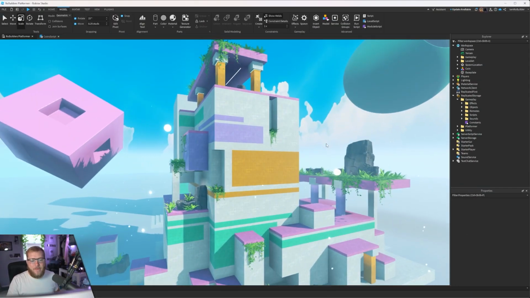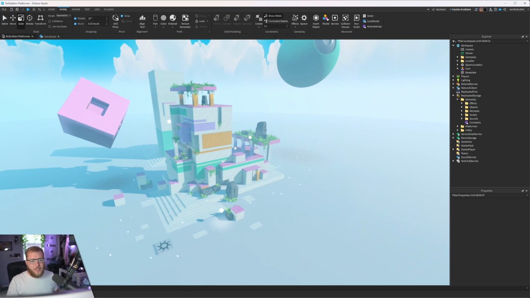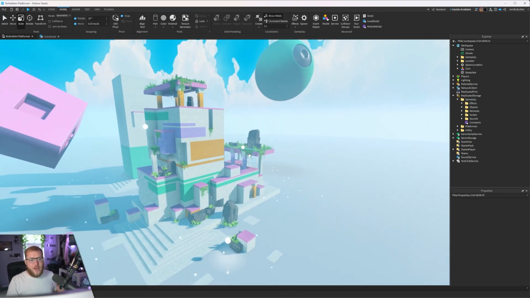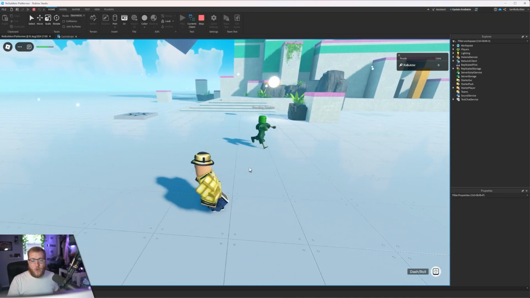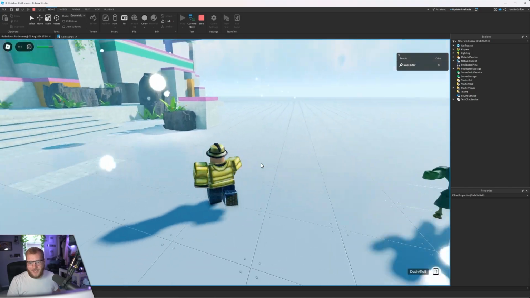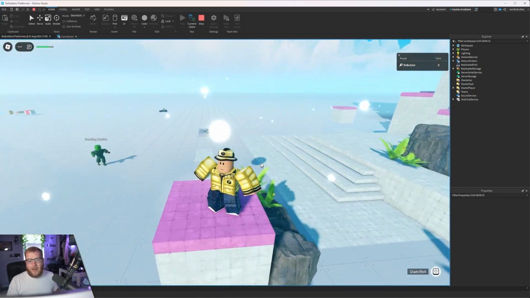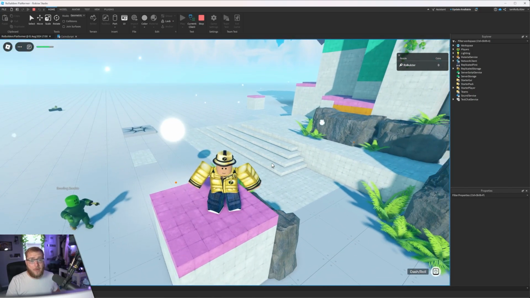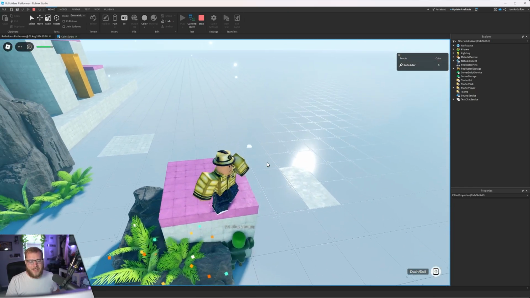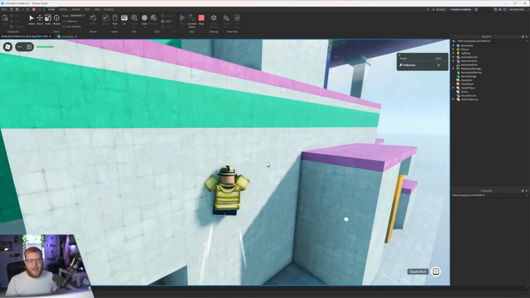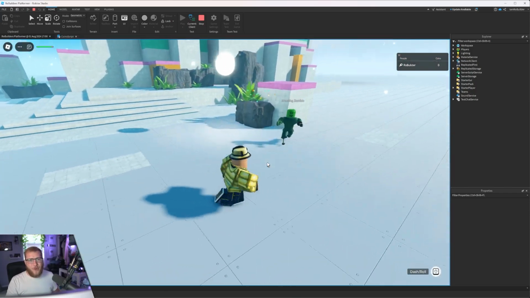All right, now before we get this UI in, what I need to do is add in a zombie. For today's video's purpose, we are going to use the one in the toolbox because it is Roblox verified. And this way, yes, he does chase us. I don't think he can really chase us up obstacles, so we may have to do a better pathfinding system later on. Yeah, they're a little dumb at that point in time, but we will do a better pathfinding system. But for today, we're going proof of concept.